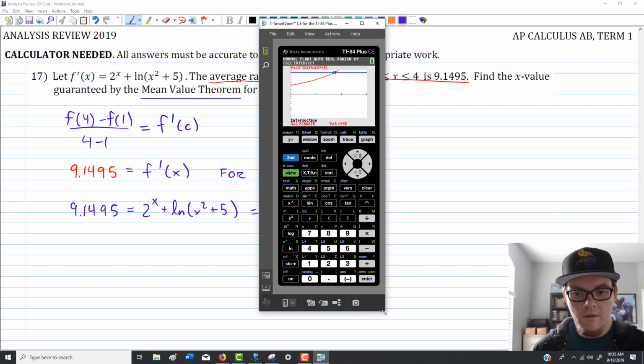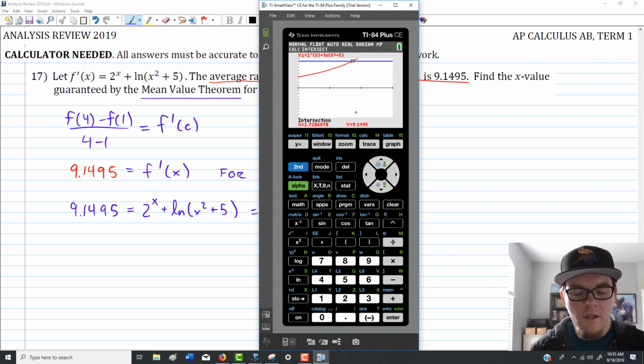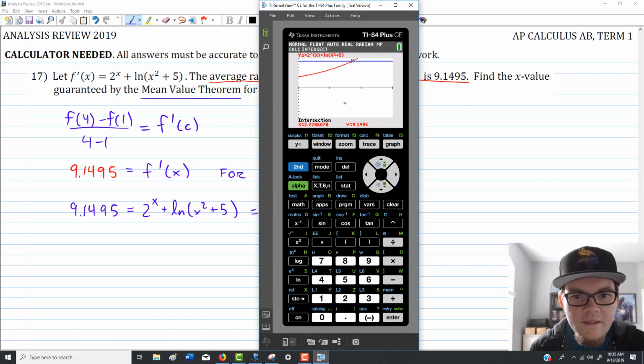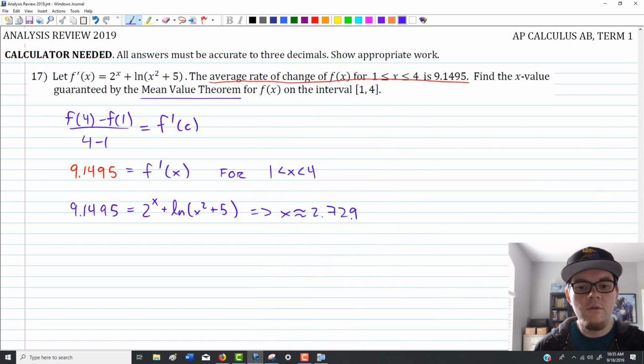Okay, let's see here. The intersection, 2.728. 2.729, there it is. So, and again, keep in mind, what we just found was we let the calculator do